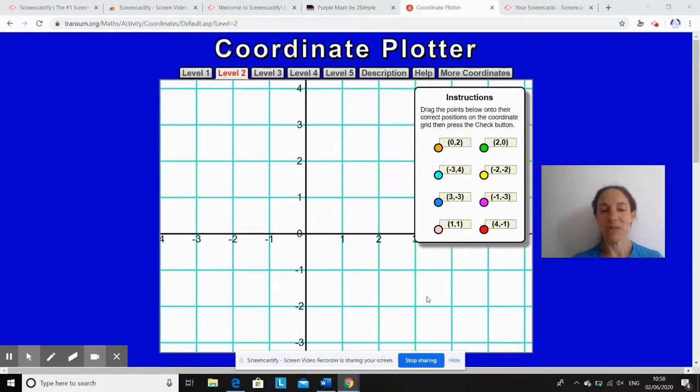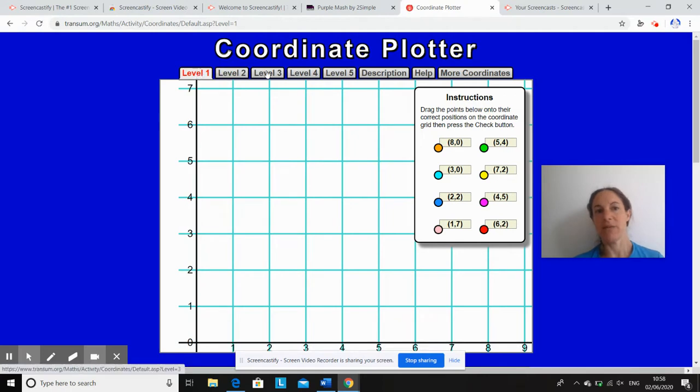Hi, Year 5. So I'm just going to talk you through the X and Y axes because I know some of you are struggling a little bit that we now have some negative numbers, some minus numbers over here and over here. So I'm going to start you with level 1. I've set you level 3, but we can always look at level 1 and start with that